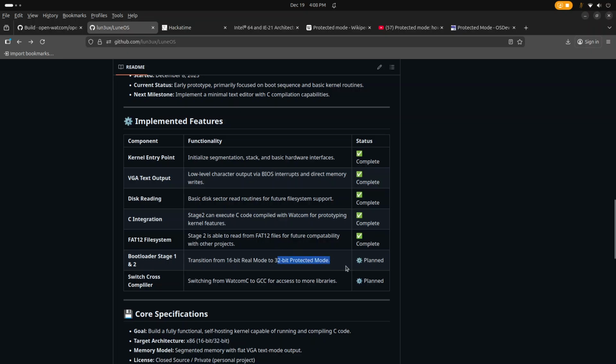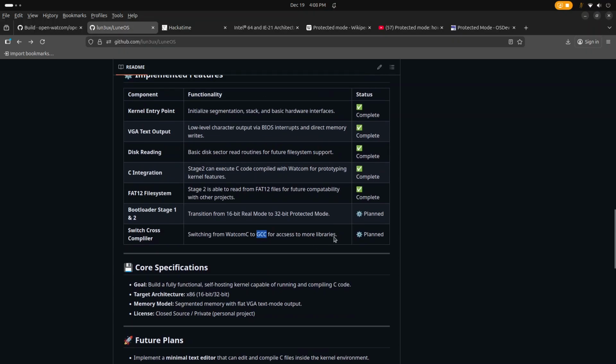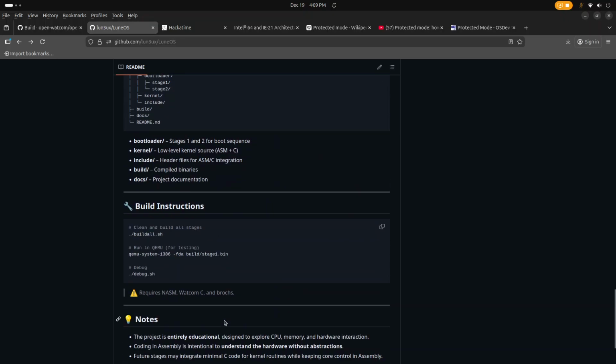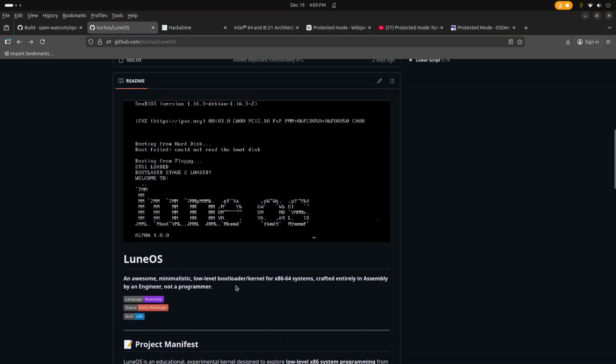Switching to 32-bit protected mode will make memory management a lot easier, while also giving me access to cross compilers, like I said, from Watcom C to GCC, so I can actually use stuff like printf and many other libraries, and C++. So that's going to be super exciting. Very, very exciting stuff.